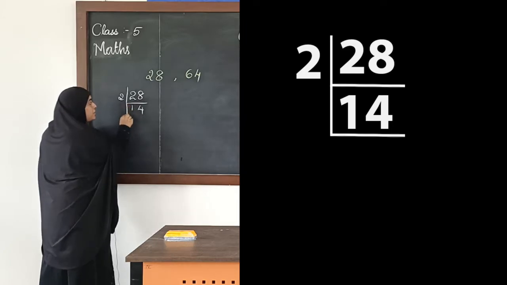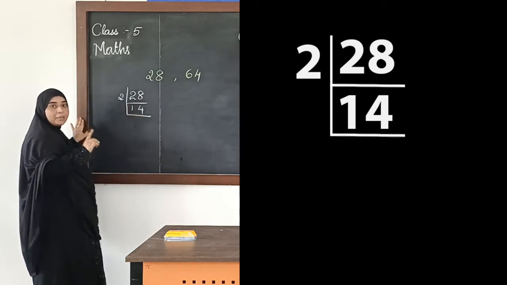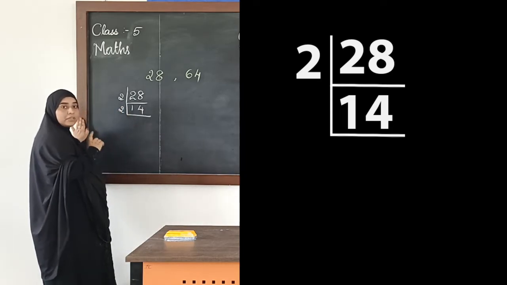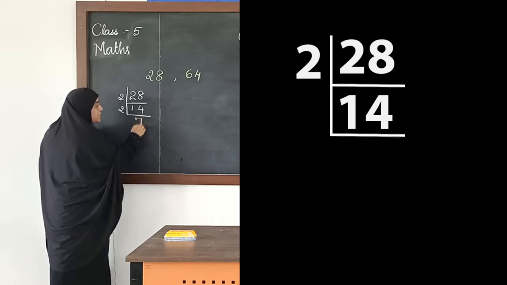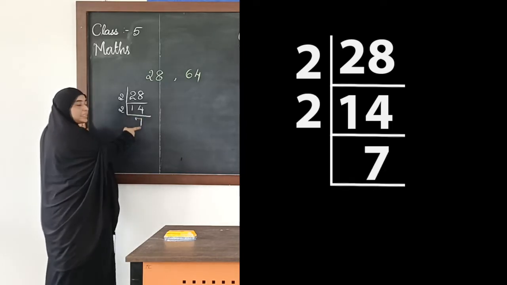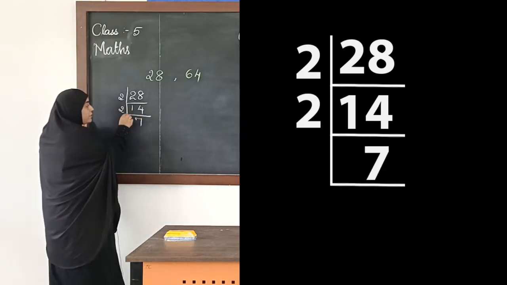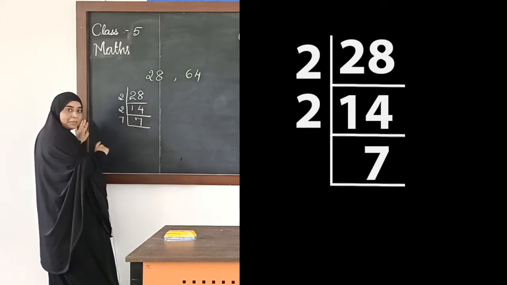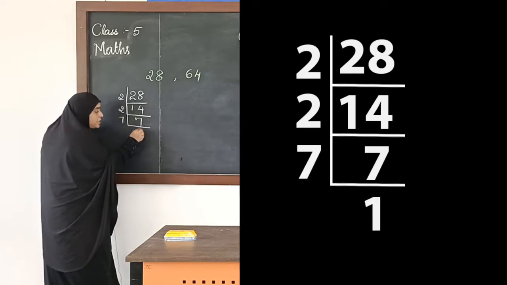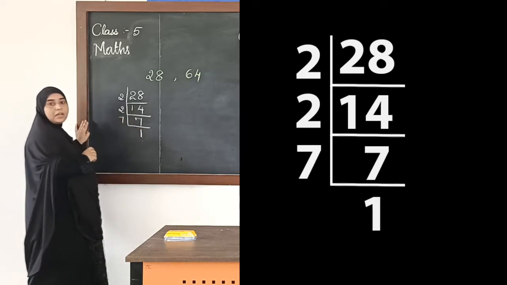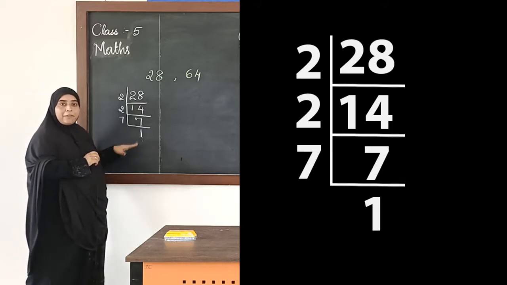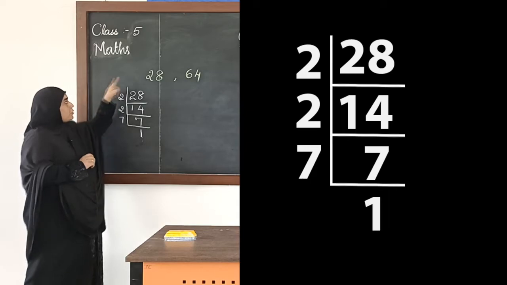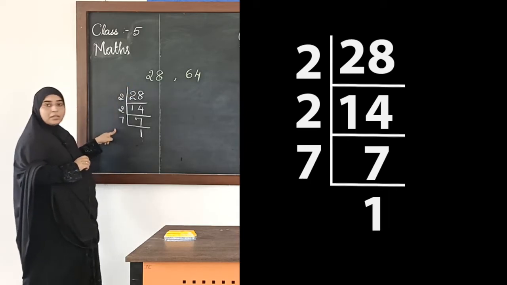Again we have to divide 14 with the prime number. Okay, so 2 will divide, 2 is the prime number and 2 will divide 14. 2 sevens are 14. Now 7 itself is a prime number. So 7 will be divisible only by 7 or 1, right? But since we need a prime number, we will divide 7 with 7 and 1 is the remainder that we get. We have to stop over here once we get 1, right? So the prime factors of 28 are 2, 2 and 7.